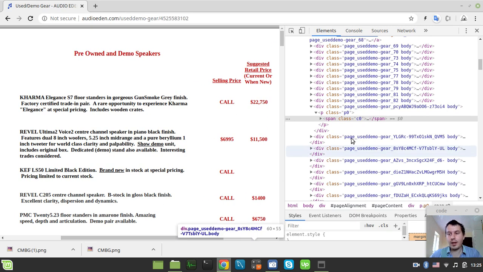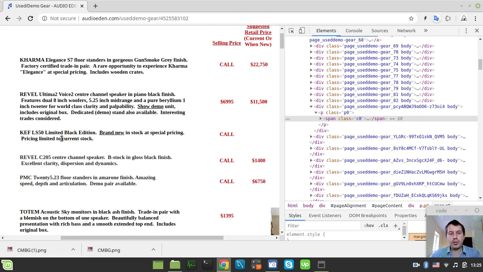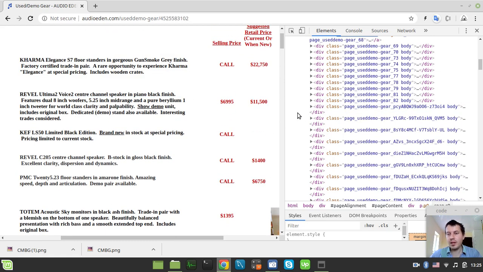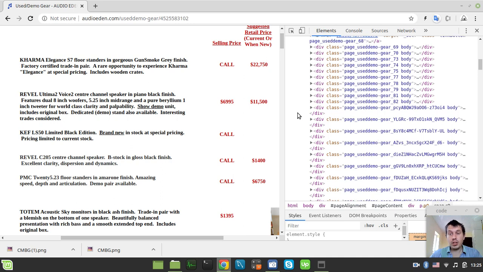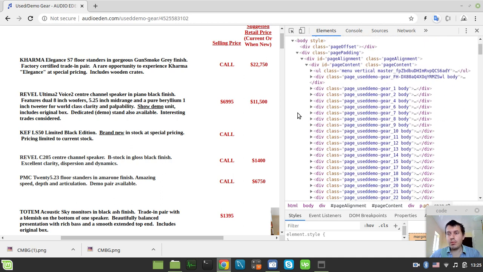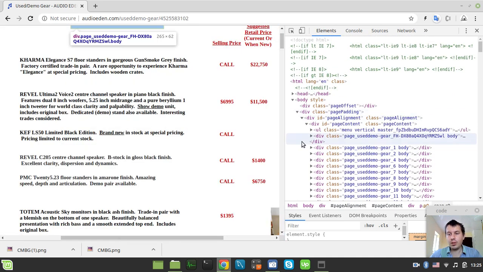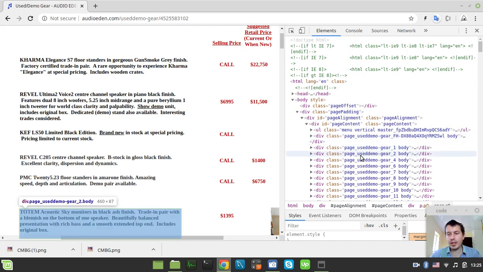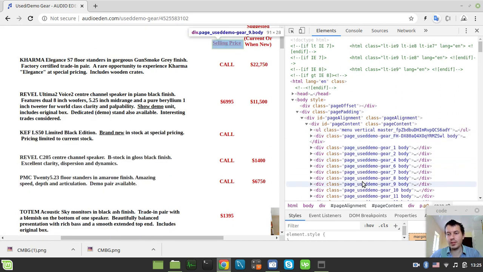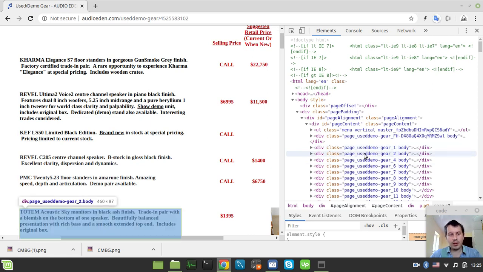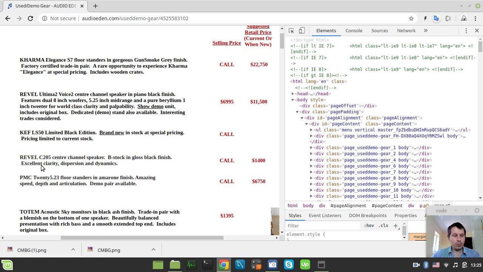And the other problem is that the order in which this data is presented on the site is way different compared to the order in which this data is presented in the HTML document. So let me just try to demonstrate this. You see, it seems like I'm going through the very first elements, but the first element is nobody knows where. The second element is actually 1, 2, 3, 4, 5, the sixth one,